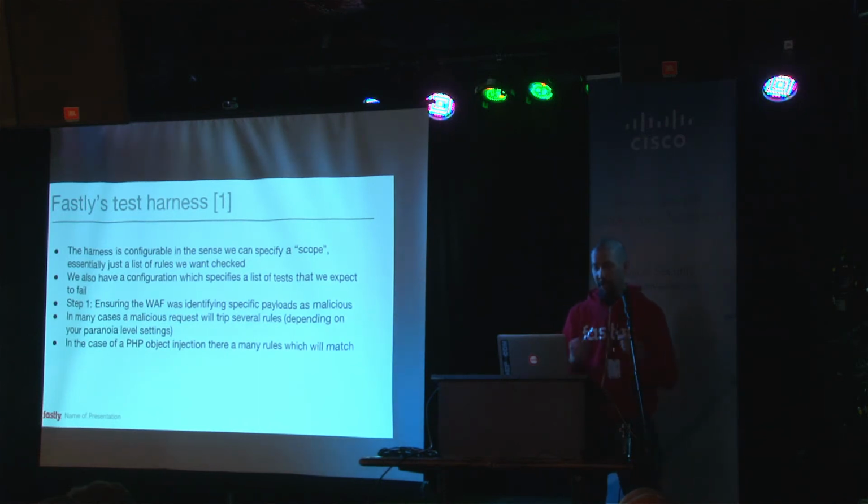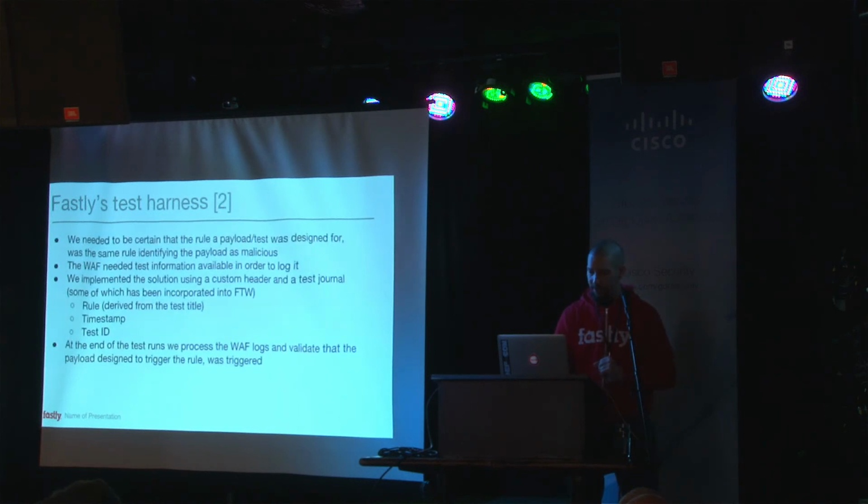The other really important thing was that one attack payload can actually trigger several different rules. So we may be sending an attack payload through that was identified or logged by the WAF, but the rule that identified it might have been some other rule completely irrelevant to the attack. So we wanted to make sure that each rule was actually functioning as designed. A good example is PHP object injection. When we were doing tests, I think it fired like 30 different alerts, 30 different signatures that matched. So in order to do this, we had to